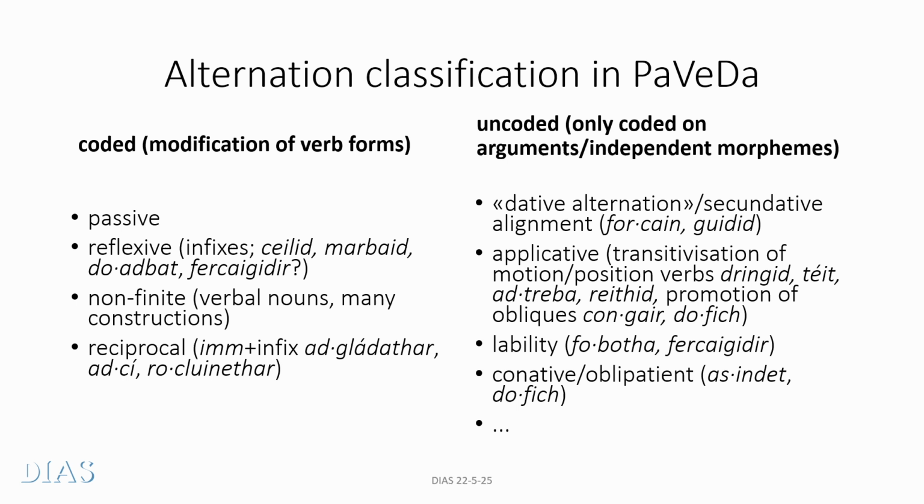Lability, I already mentioned that, is attested in the sample for these two verbs, to frighten and to be angry. And again, the connotative obli-patient alternation, well, this is the alternation with which is traditionally exemplified with to shout someone, to shoot someone or to shoot at someone. So where the direct object is, on the other hand, coded as an oblique, and this occurs with tell and